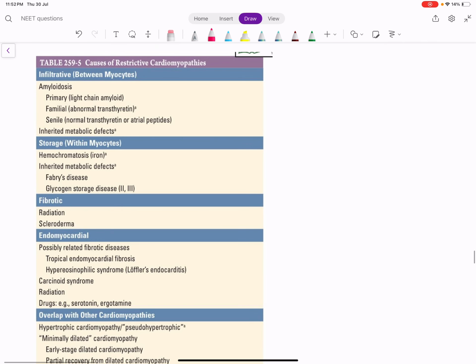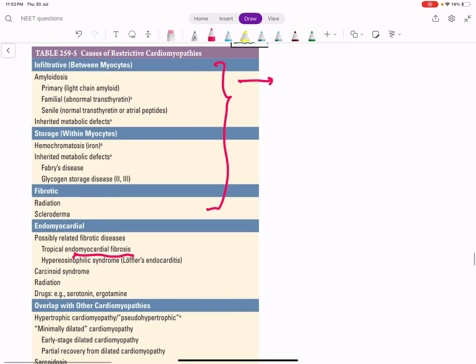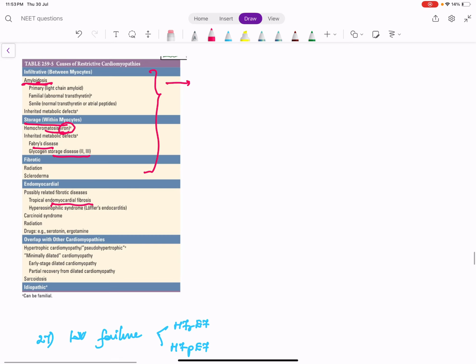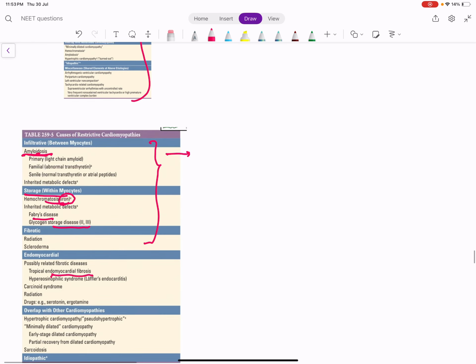Restrictive cardiomyopathy usually occurs in infiltrative, storage or fibrotic diseases. The wall becomes thick. So we have tropical endomyocardial fibrosis, amyloidosis, hemochromatosis. Hemochromatosis is an iron storage disease. And Fabry's disease, glycogen storage disease, all these are storage diseases. Amyloidosis is protein deposition. So these are the causes for restrictive cardiomyopathy. Hypertrophic cardiomyopathy we had discussed. So this is about